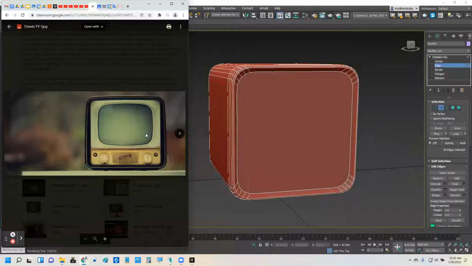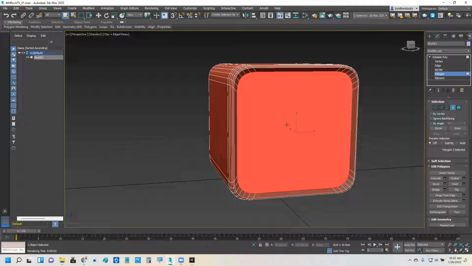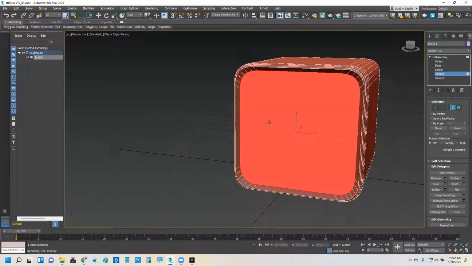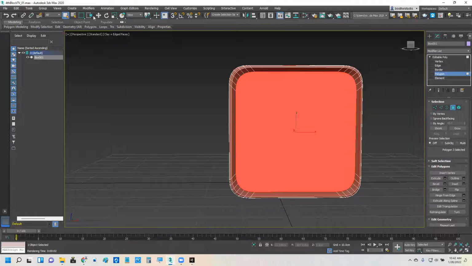Okay, so now in this next stage, I'm going to try to set up some of the structure that will let me create the screen. To do that, I'm going to select just the polygon that's currently right here in the middle of the whole thing. And be careful, if you select that polygon by